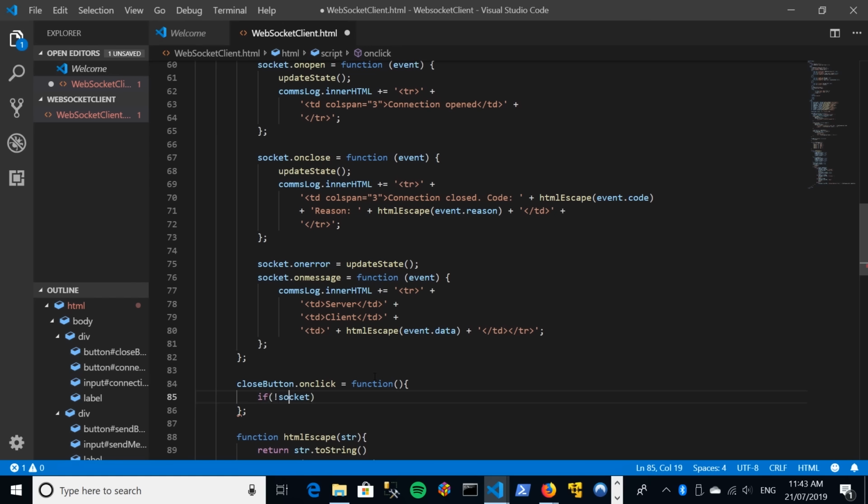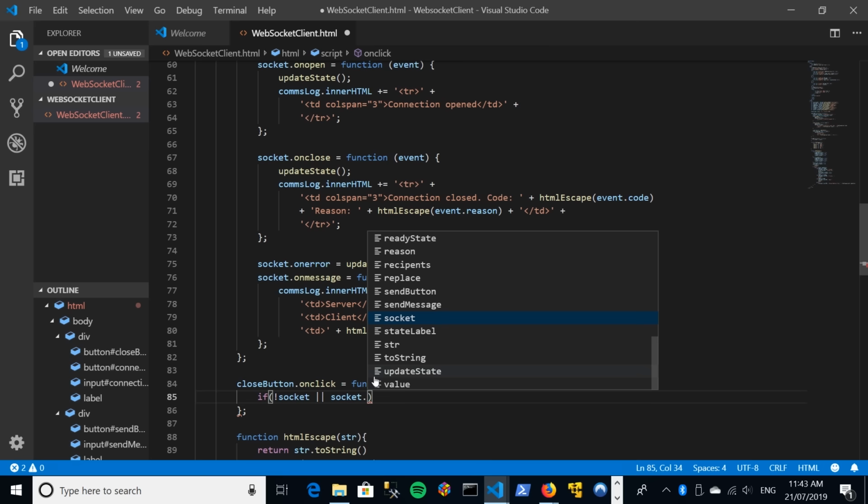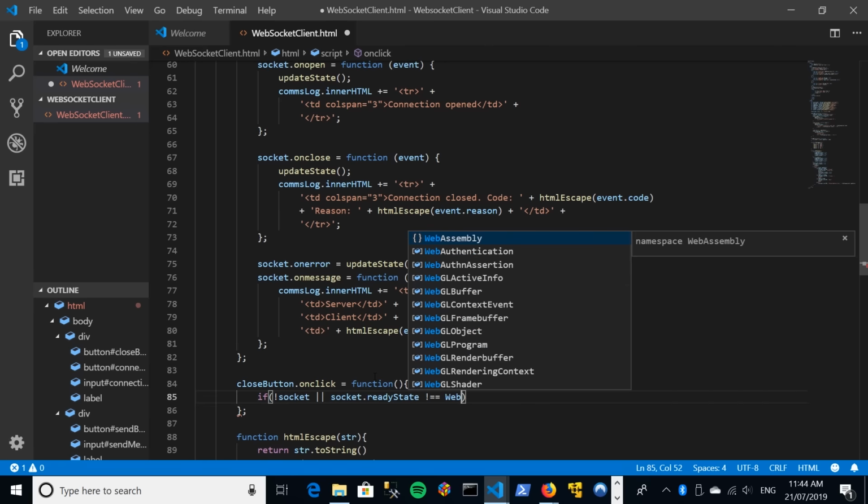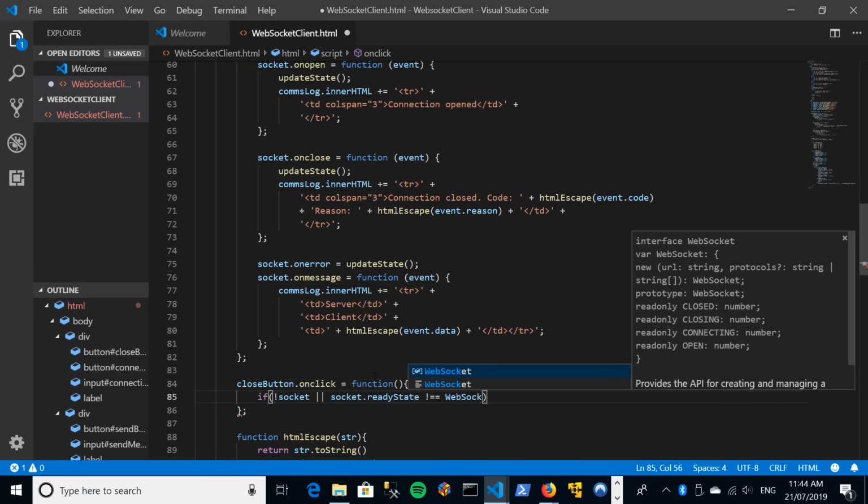So first I'm going to say if we don't have a socket, or, and the syntax, interestingly, can be very similar to C#, so it shouldn't be too alien to you. Or the socket ready state is not equivalent to WebSocket